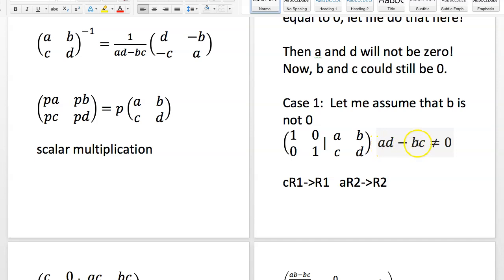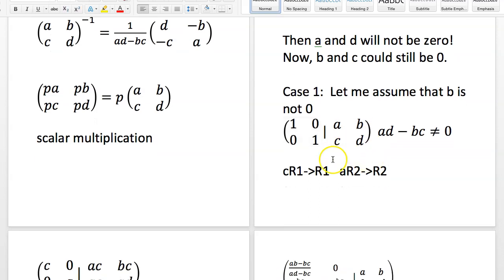If AD minus BC does not vanish, you're in good shape, but you don't have to go single variable case by case. You don't have to say, well, is A 0? Is B 0? Oh no. Is C 0? Oh no. If AD minus BC is not 0, you're golden. You're good. You're fine. The thing about doing echelon here that makes it so dangerous, if I generalize this, if I want to do a nice little proof here,